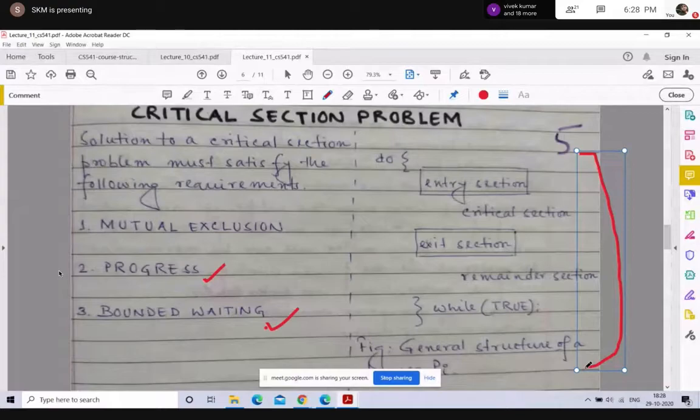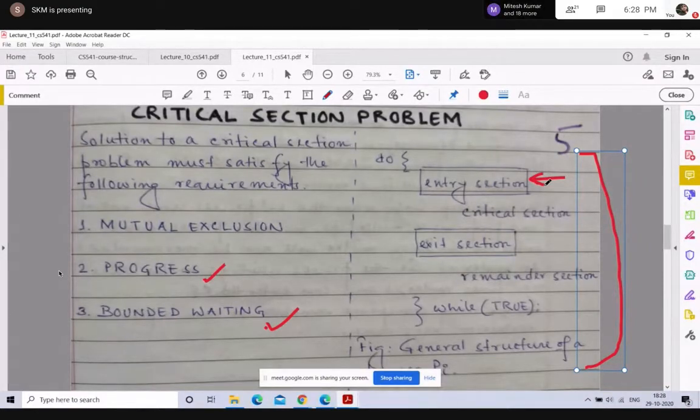Now, each process must request permission to enter its critical section. The section of the code implementing this request is the entry section. So this is what I have highlighted here.